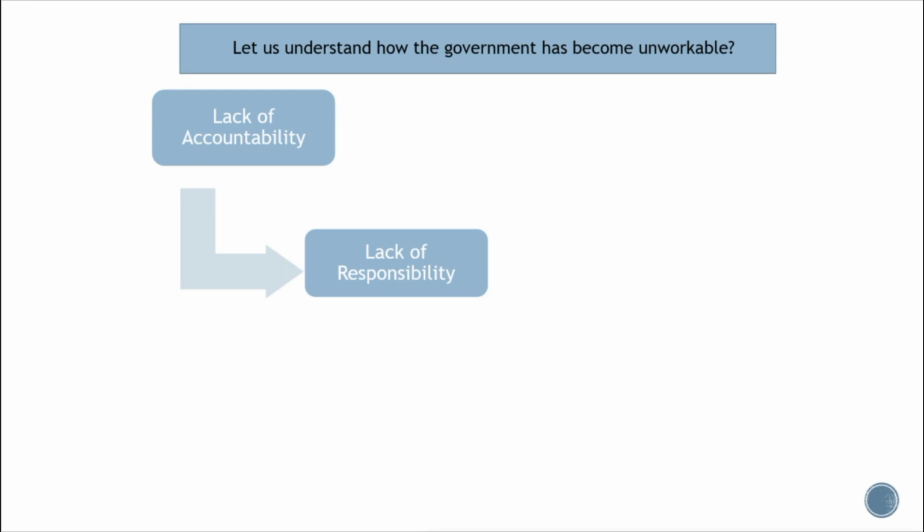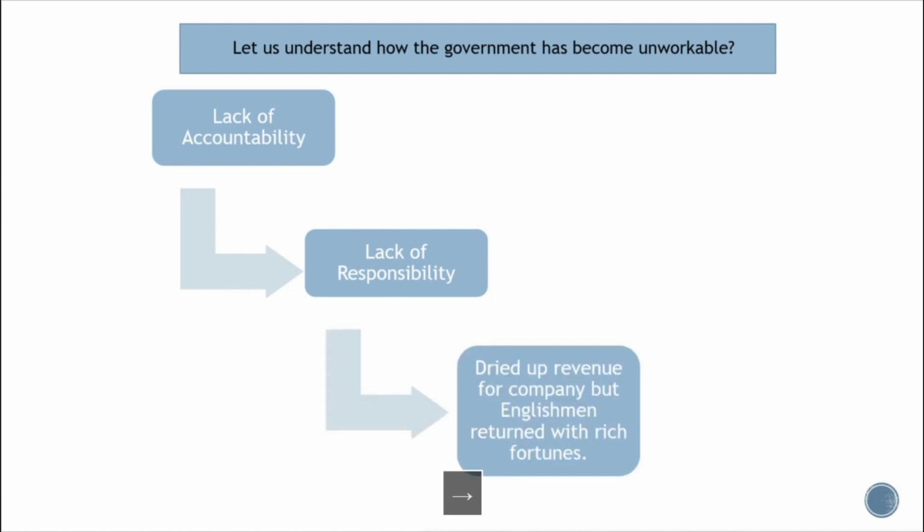mistakes. Just think of today's government. We pay taxes to the government so that it should provide security in various aspects of life. When such a government will not pay attention to its subjects, what will happen? We also see that the lack of responsibility on behalf of the government towards the people of the province got exposed during the famine of 1770, in which thousands died. Hence, revenue of the company also dried up. This made the company financially sick.